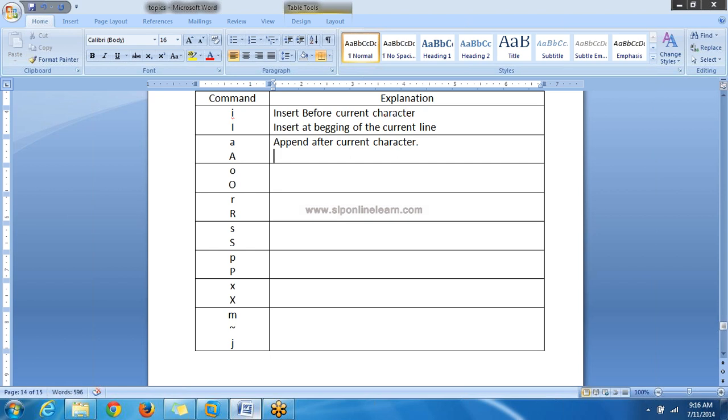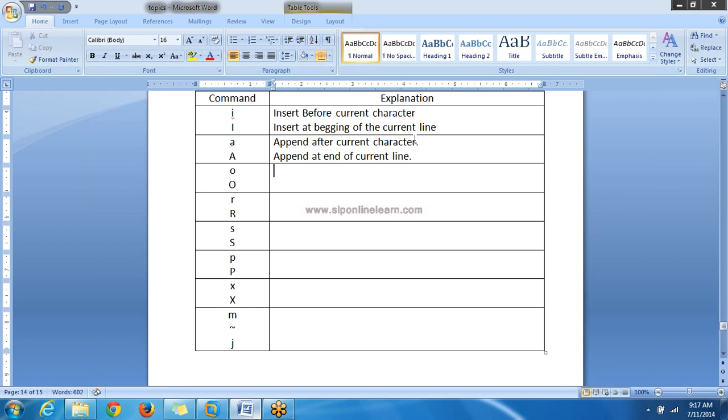Next one, capital A. This capital A appends text at the end of the current line.